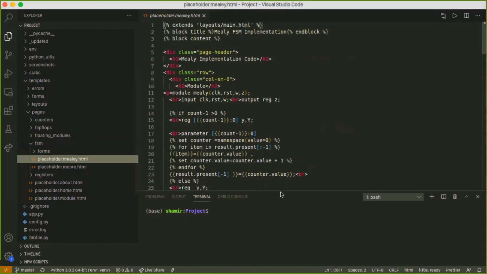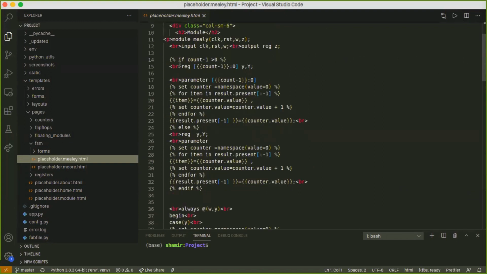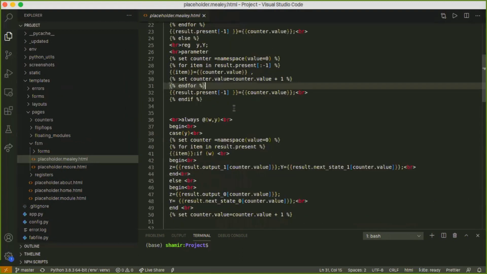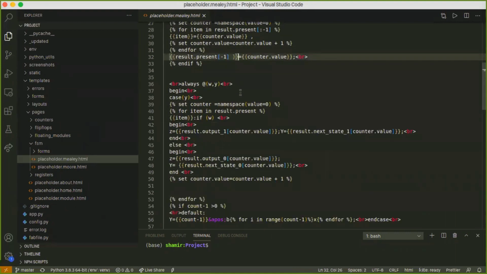As you can see, this is a template, a similar template which we wrote for the FSM modules. To satisfy each and every case, we took the present state and next states from the user. Then we store it in a dictionary, such that when we write the code, we go through each dictionary and take the required elements accordingly. We have dealt with multiple cases using the Jinja template. As you can see, these are many case statements as well as different loops.